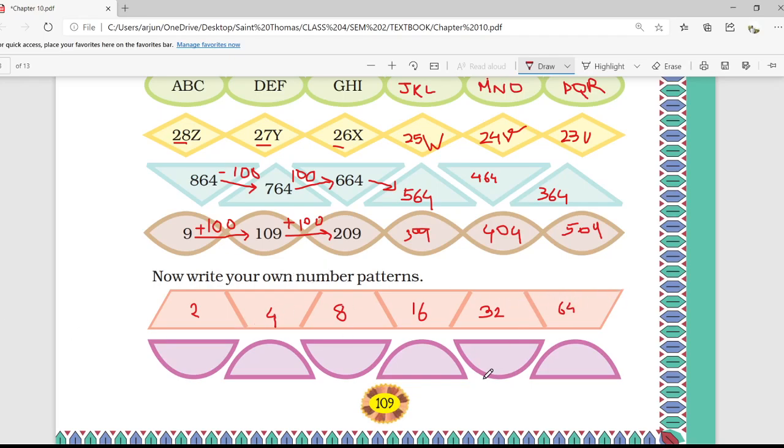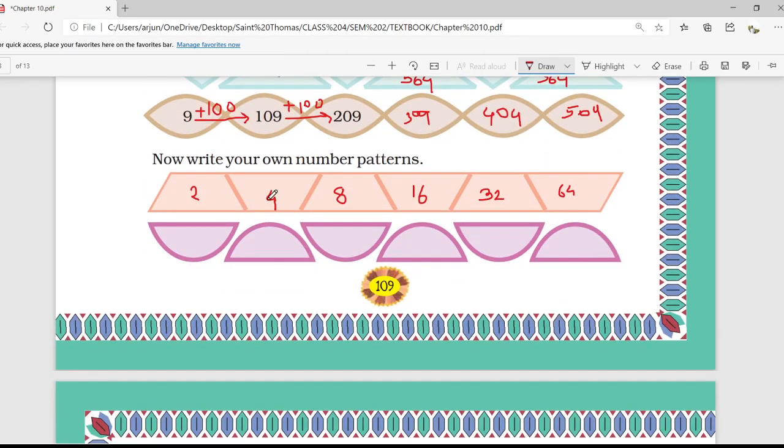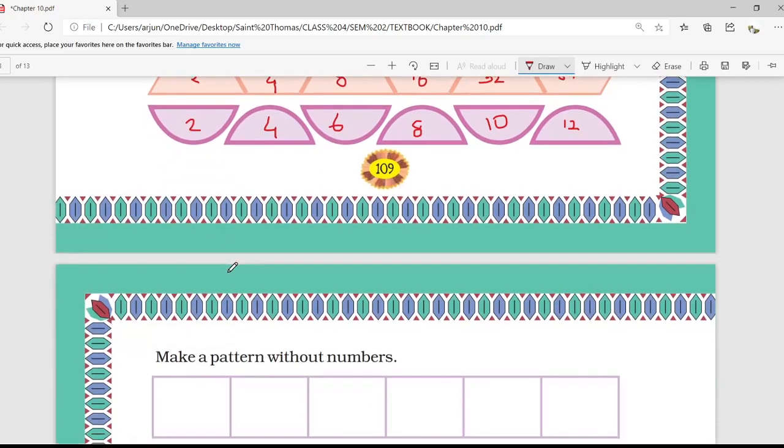If you give this pattern to anyone, they can find how the pattern is going, multiplying each number by 2. Okay. Now here we have to form one pattern. Which pattern can we form? Let's see. If here we write 2, 4, 6, now we can understand we have added 2 to each number. 2 plus 2, 4, 4 plus 2, 6, right? Then 8, then 10, then 12. We can also see these are all even numbers. So these are consecutive even numbers.